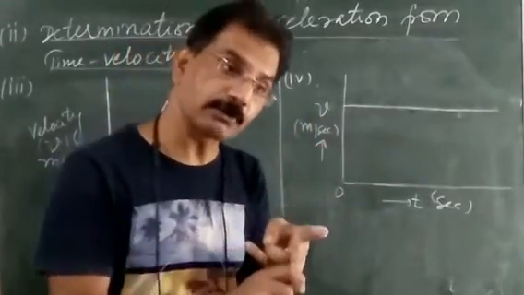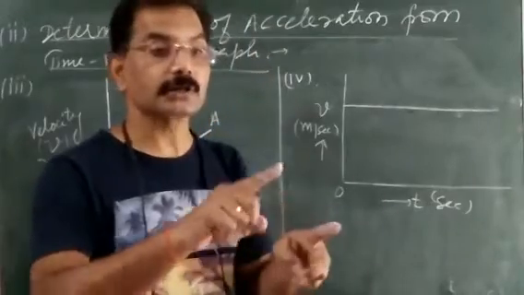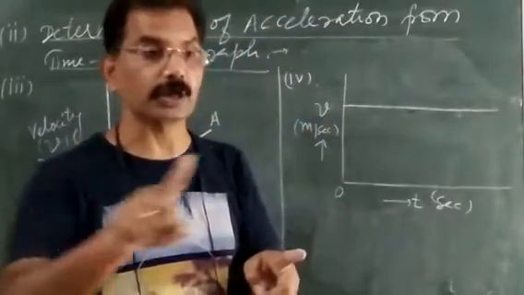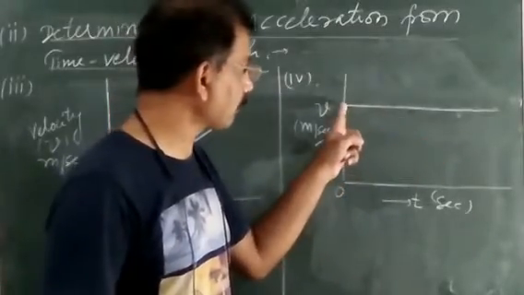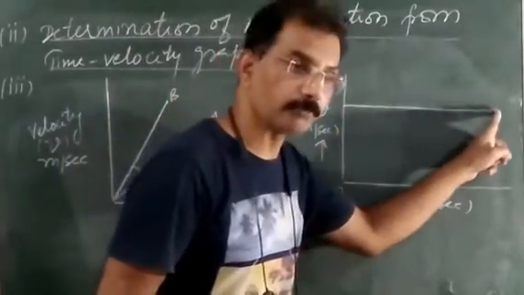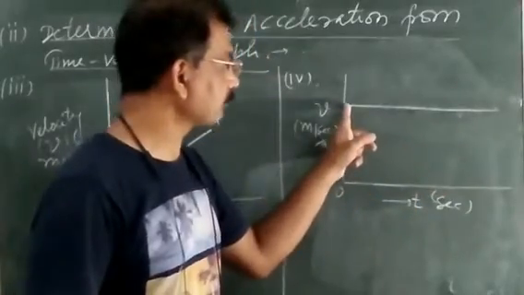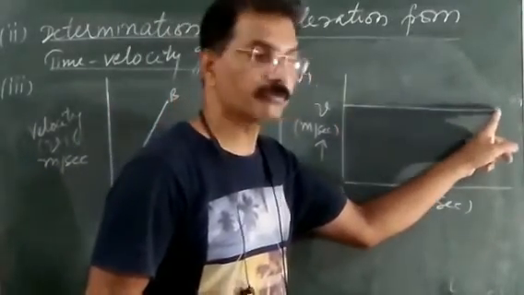या तो बॉडी रेस्ट में हो या तो बॉडी कांस्टेंट वेलोसिटी से मूव कर रही हो या यूनिफॉर्म वेलोसिटी से मूव कर रही हो। लेकिन यहाँ पे बॉडी रेस्ट में नहीं है बल्कि यहाँ पे बॉडी यूनिफॉर्म वेलोसिटी से मूव कर रही है। तो इन दिस वे यू कैन से इट मींस द बॉडी इज मूविंग विद यूनिफॉर्म velocity।